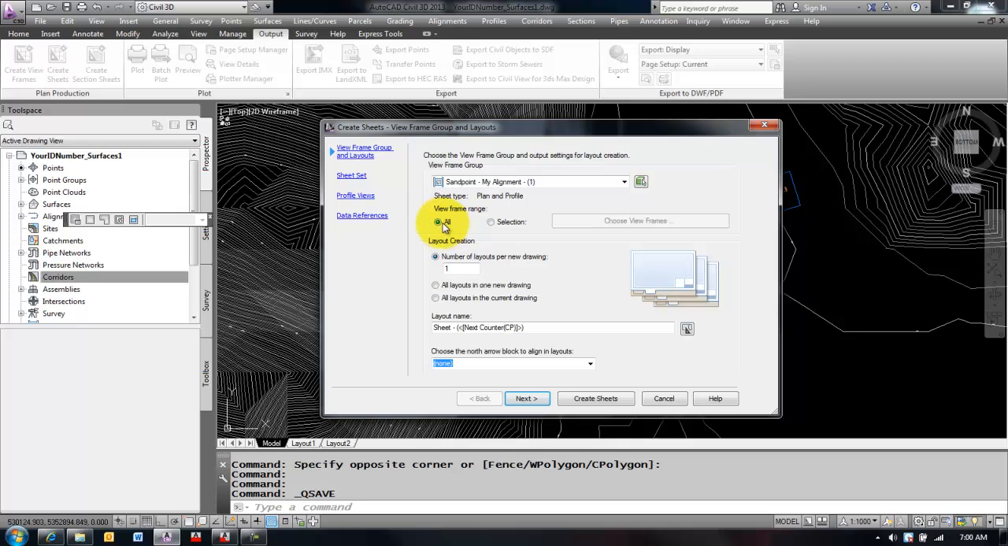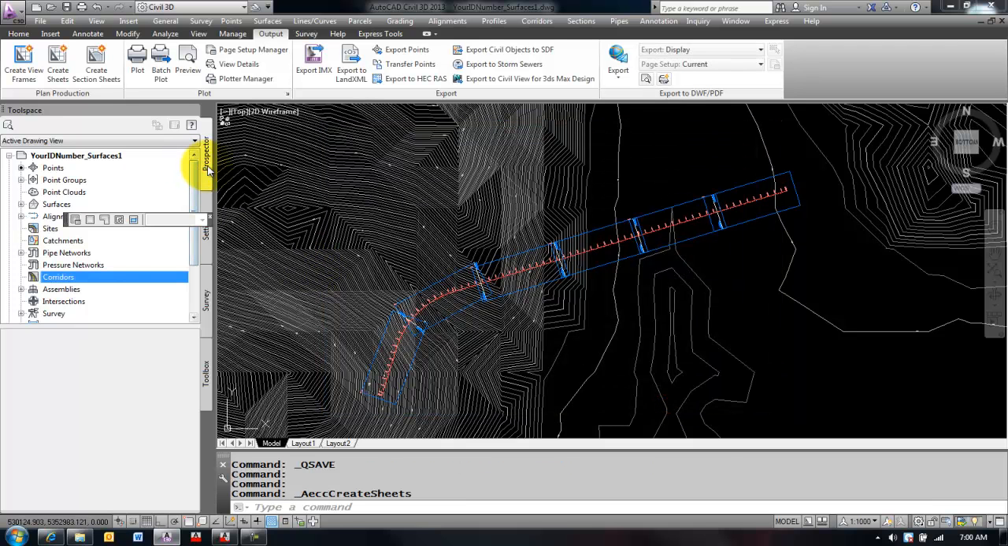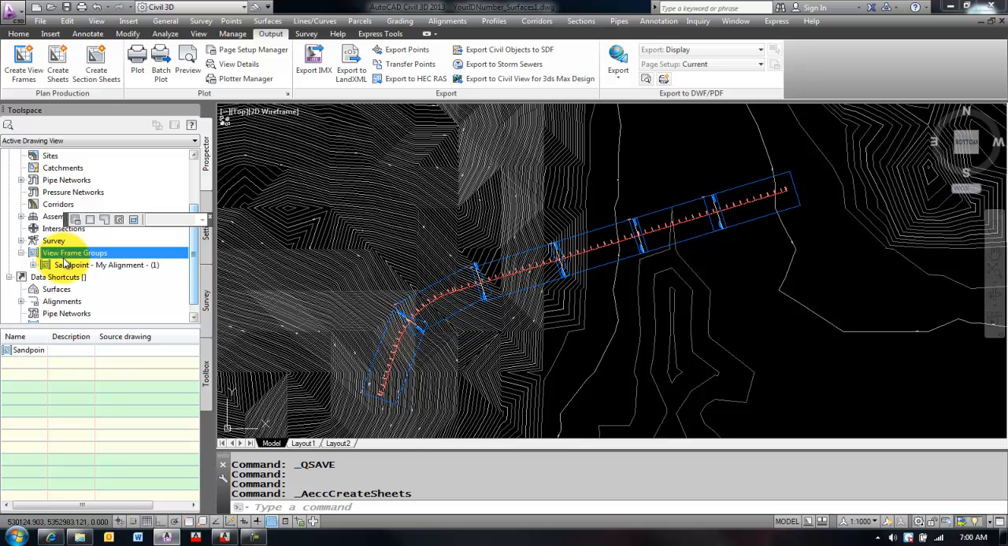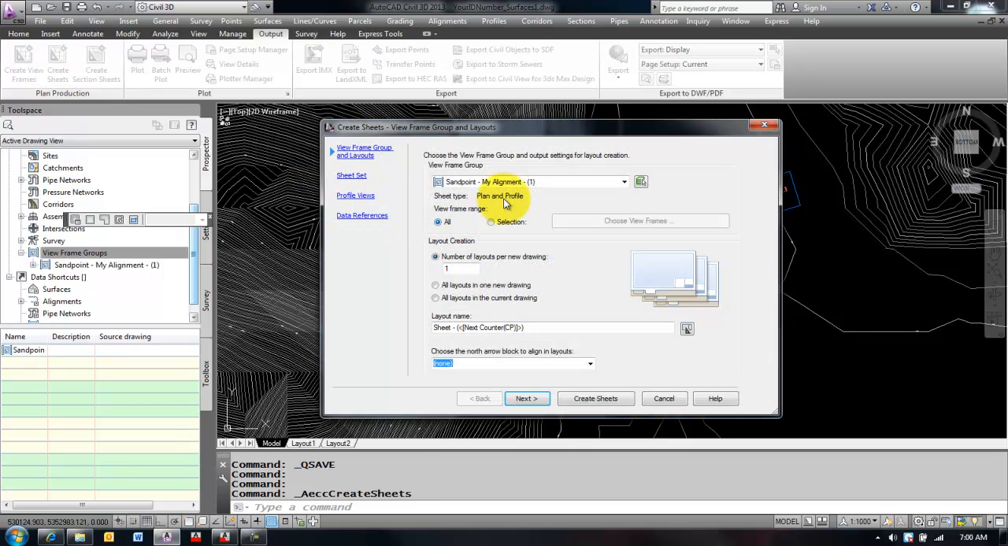It'll ask me some information, for instance what type of view frame group I'm using, and if you want to find your view frame group or you made a mistake, you can always select cancel, go into your prospector tab, and along the bottom there you have view frames, and you can select your view frames and go into your properties and find out information about your view frame group, or delete it entirely if you want to recreate it. So back to create sheets, select your view frame group, tell it which frames you want to create, and the